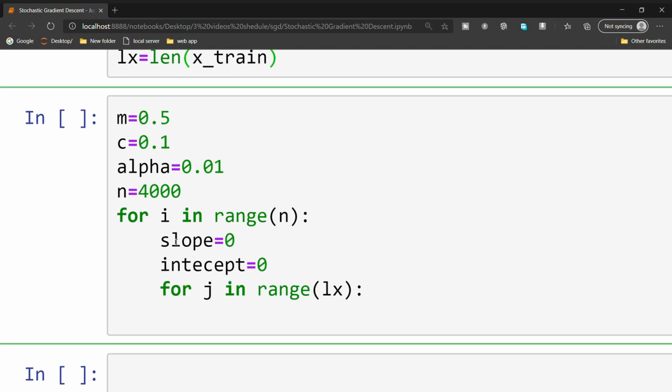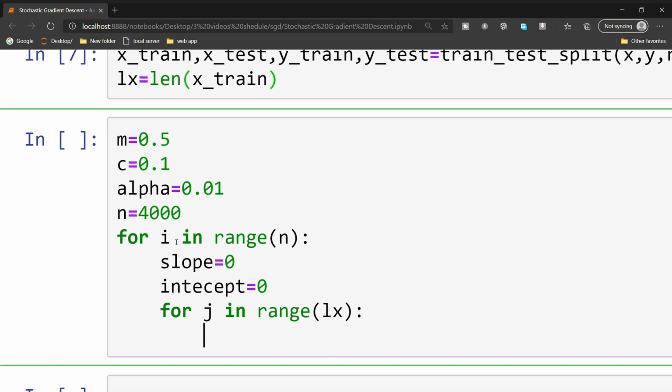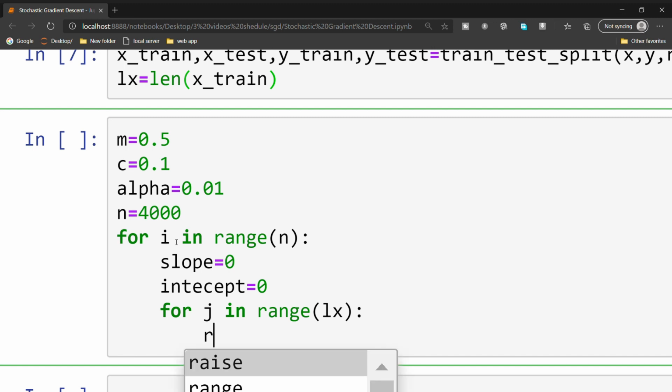Here is the main thing you need to remember. In gradient descent we updated the gradients after completing all training examples, but here we are going to update the gradients after each instance. That means you need to update those slope and intercept values in the inner for loop. The first thing is we need to create a random value.